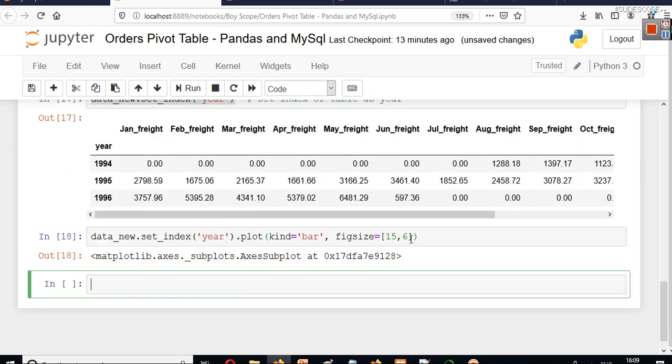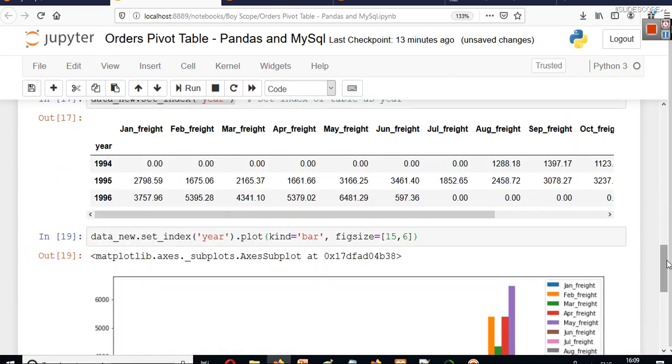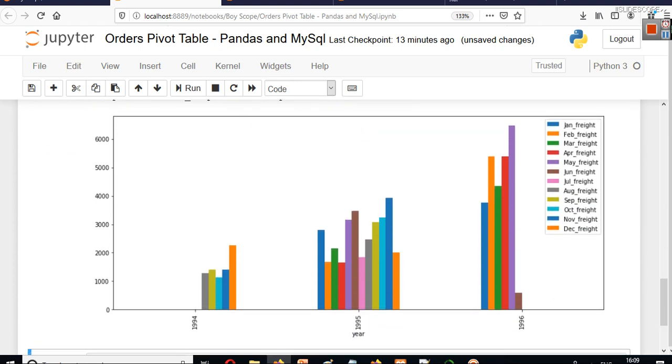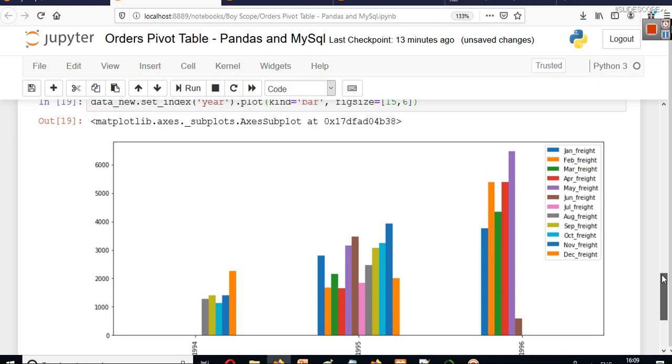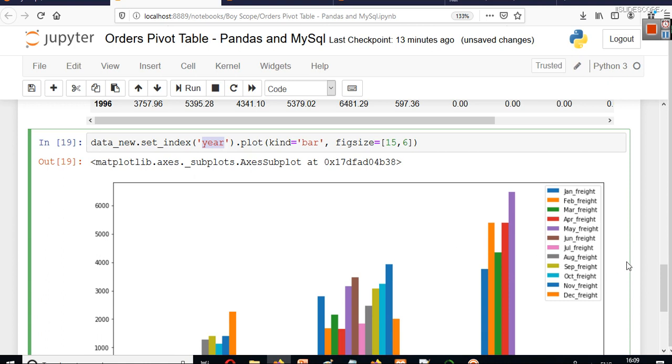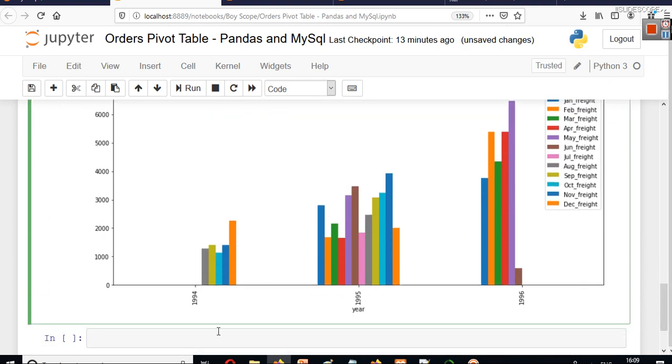So now you will see this data, and this is our final answer. You can see the legend here. We can see this legend because we have used plot here, and because the index was set as year, we can see the index here. You can see for 1994 these are the values of freight charges, for 1995 these are the values of freight charges, and so on.